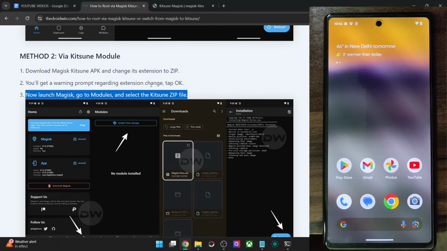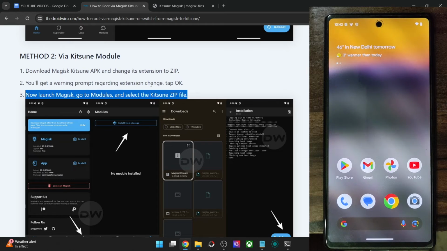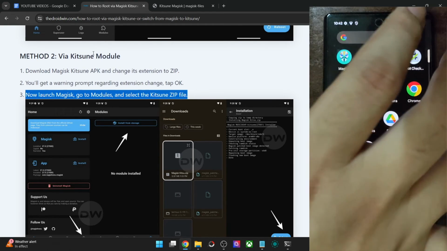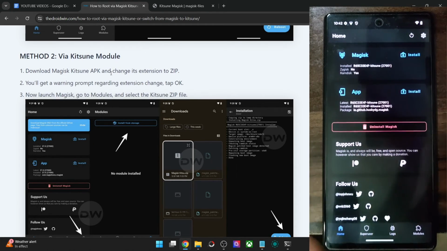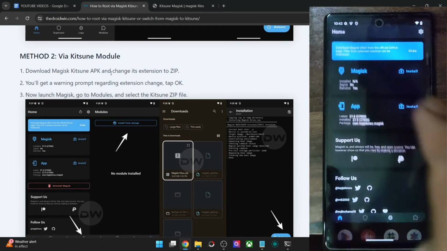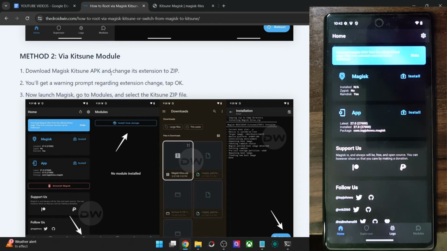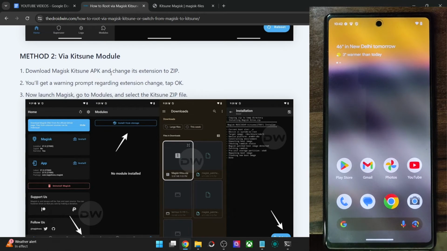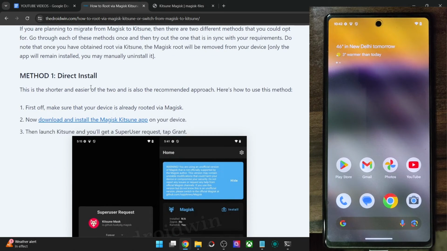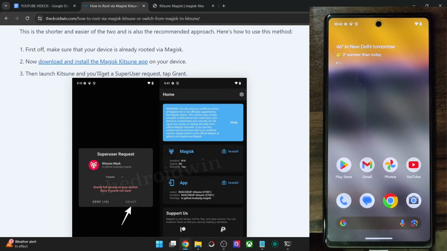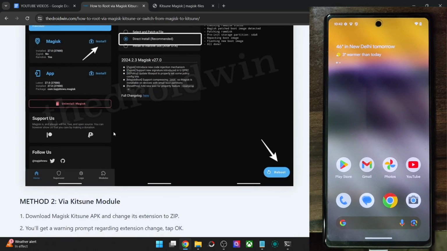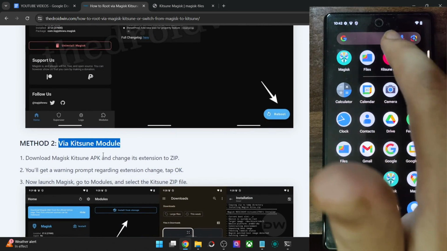And now I am seeing one pattern. In the second method, which we did right now, you could see that I obtained root via the Magisk Kitsune, but the official Magisk app is no longer rooted. So my phone is no longer rooted via the official Magisk app. One conclusion I could draw is that if you use the first method, the direct install, and you uninstall the official Magisk app, then the root will be gone from the Kitsune app as well. But if you go with the second method, then